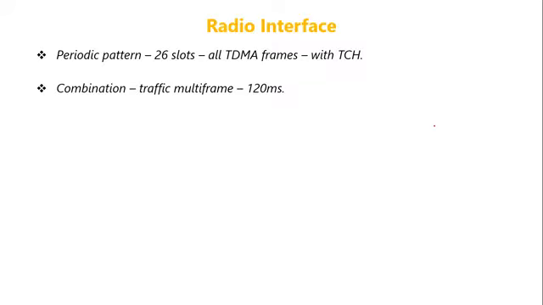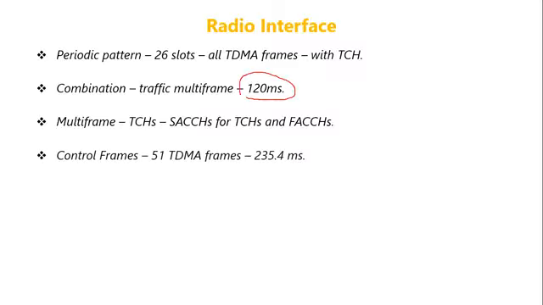Each frame is 4.615 milliseconds, and 26 frames form a multi-frame. This multi-frame duration is 120 milliseconds, where each frame duration is 4.615. So if you multiply 4.615 by 26, see here what we discussed, each frame is 4.615 milliseconds, where each